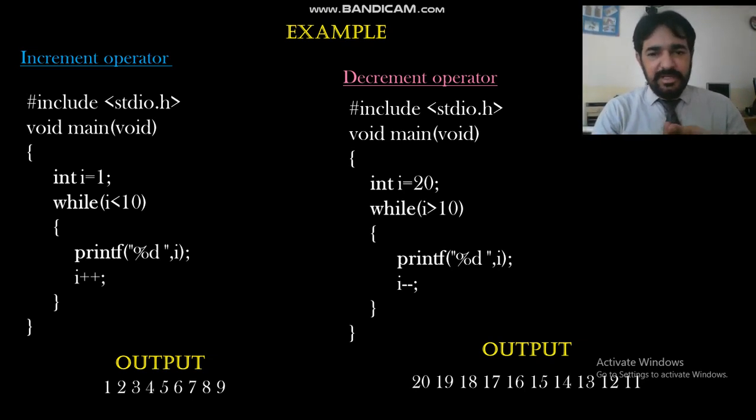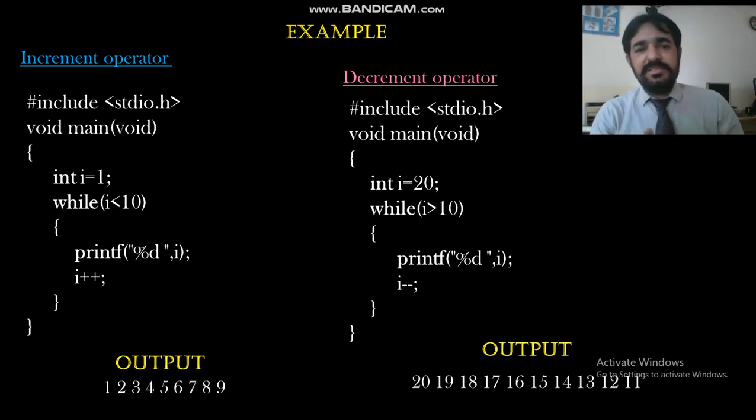So we are initializing variable i equal to 1. Then we are giving the condition while i is less than or equal to 10, definitely it's true. Then we print the value of variable i, and then we will increment the variable one by one, and at the end when the condition becomes false, the output will display on your screen when you execute, and you will see 1 2 3 4 5 6 7 8 9 10.